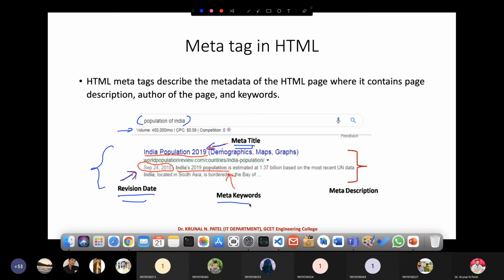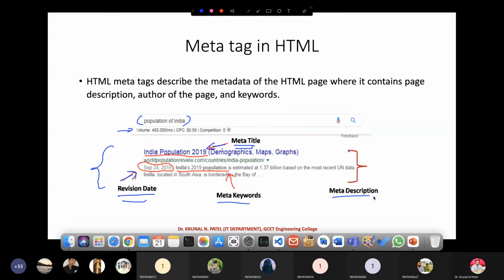Now this is the meta keywords, like India's 2019 population. And this is the meta description we have. These are very few pieces of information, but apart from this, as a developer you can provide a lot of information to the search engines.